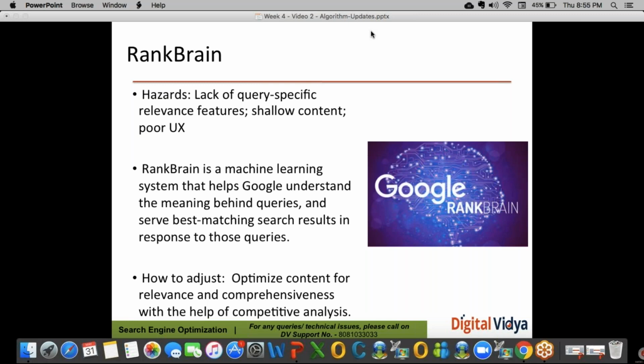Now, how to understand your user? I'm going back to the first session. In the first week, we have learned about the buyer persona, right? So you know who is your buyer, who is your customer. You know their habits. You know what kind of knowledge they carry and what they are expecting. So once you get this question, what they are expecting, then you can prepare your page which gives them the answer, which gives them what they are expecting.